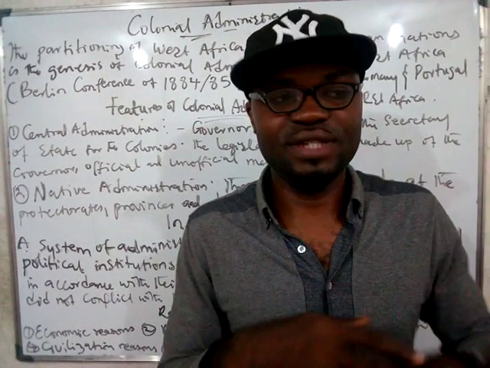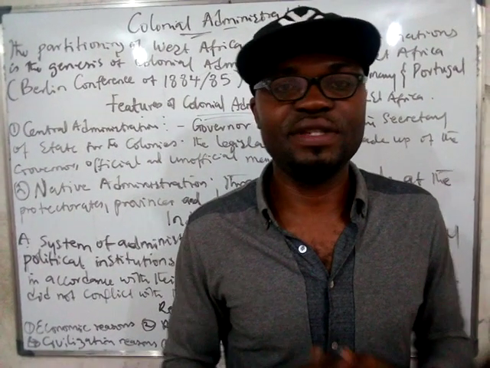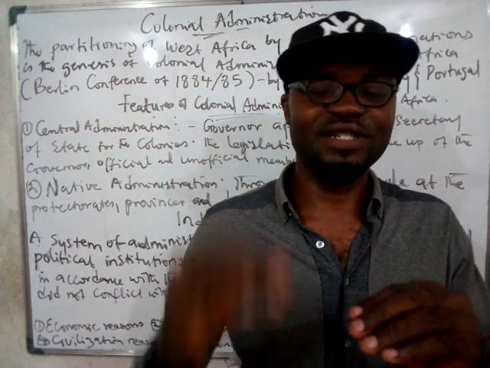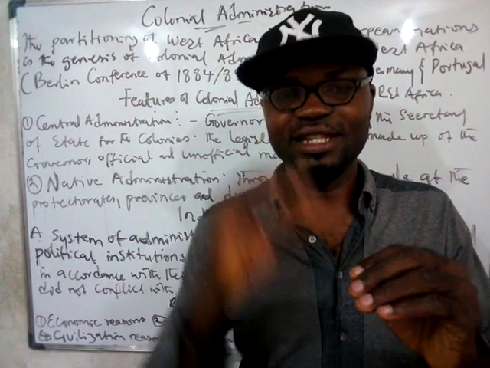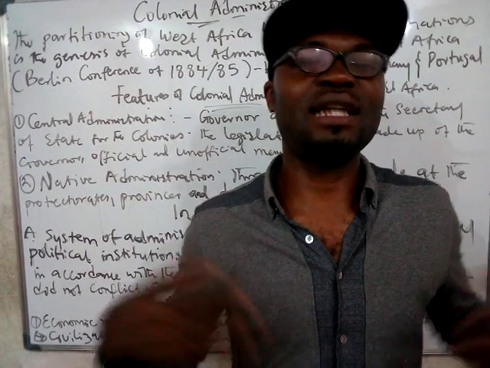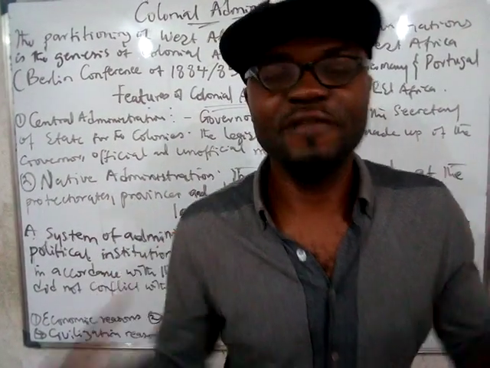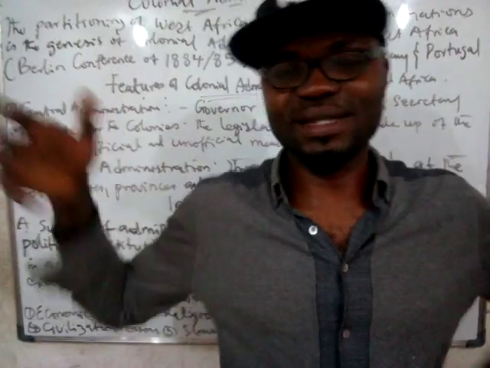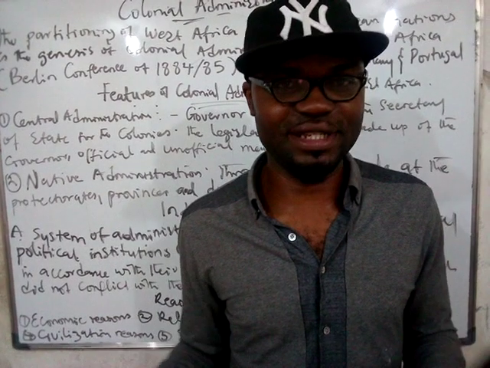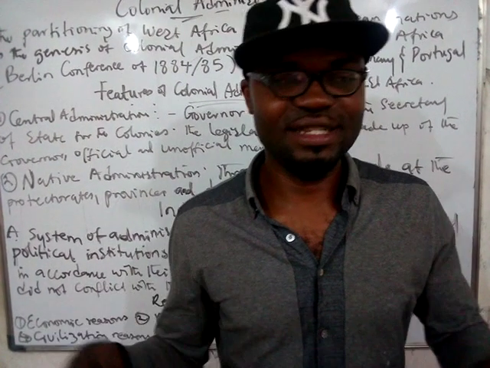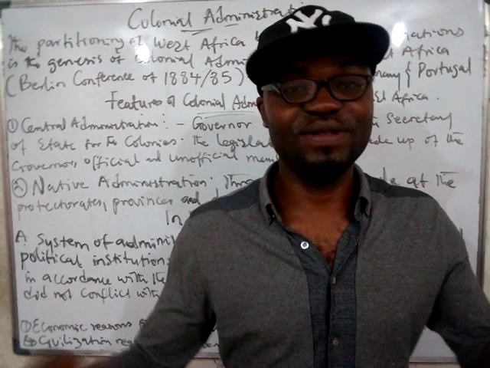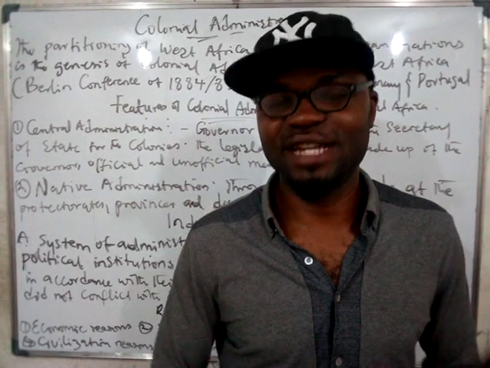Like in Igbo land also, they used the warrant chiefs to administer their leadership or governance. So you see a combination of the central government and the native government was used by the colonial masters. Now, what are the things that caused or that made the Europeans to come and start colonizing the Africans? One, because of economic reasons. They needed raw materials and they found out that these raw materials are in Africa. There are human materials also. So they came around and they started colonization.